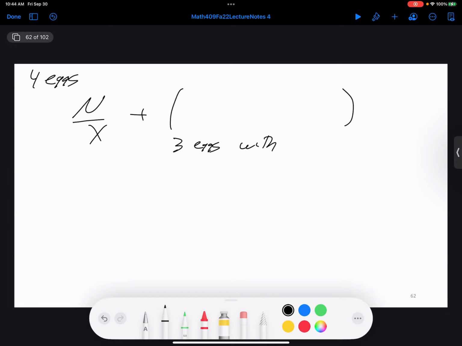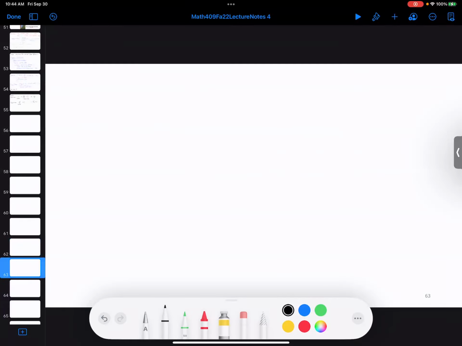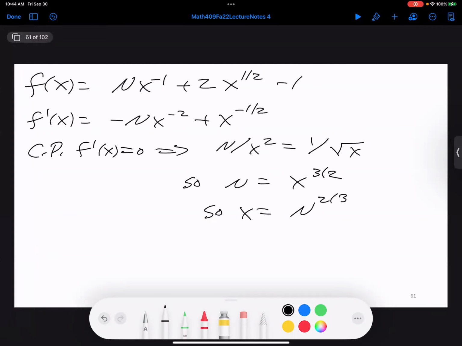So if it breaks, how many floors are there? X. It's really, I think, x minus 1, but I don't want to write x minus 1. So it's 3 eggs with x floors. Really, x minus 1, I know. I just have to write that because I'm posting the slides. All right, so with the 3-egg problem, we have to go back and say, well, okay, so we have x